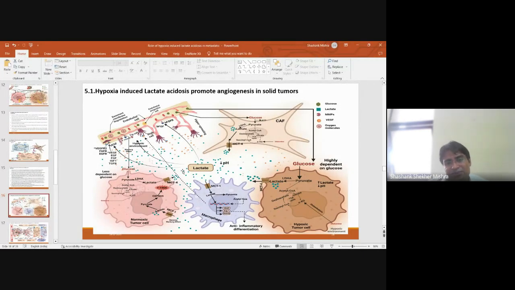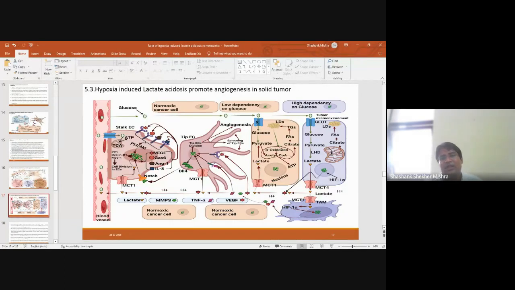Again, look at this diagram. Here is a hypoxic cancer cell. Now, in this diagram, we have also shown some other types of cells, meaning some immune cells also have some role in the enhancement of angiogenesis. So how is lactate enhancing angiogenesis? At the molecular level, we can see how it is acting on the endothelial cells. Look at this diagram. Here are hypoxic cancer cells, normoxic cancer cells, and these are